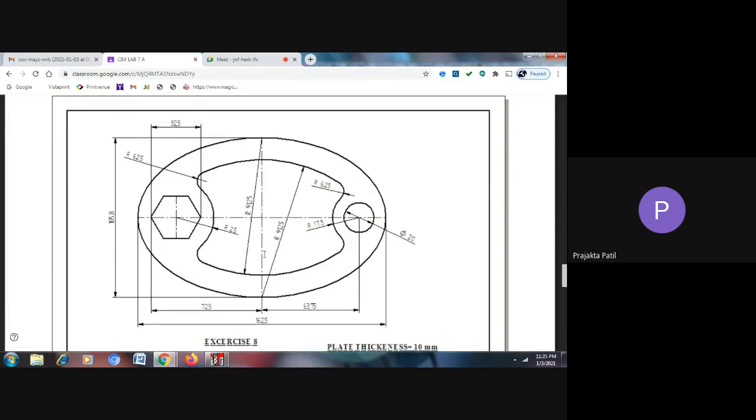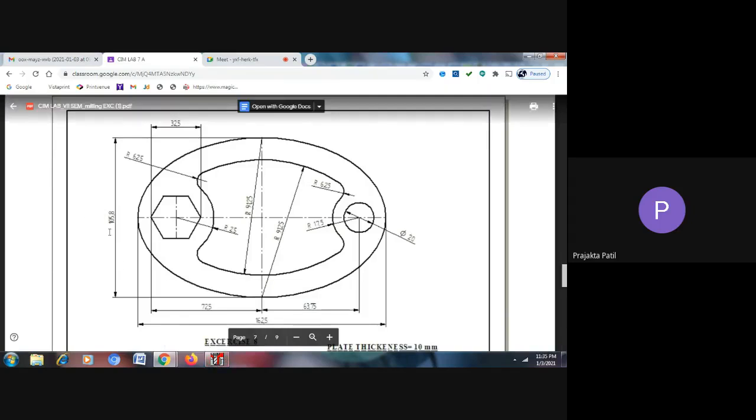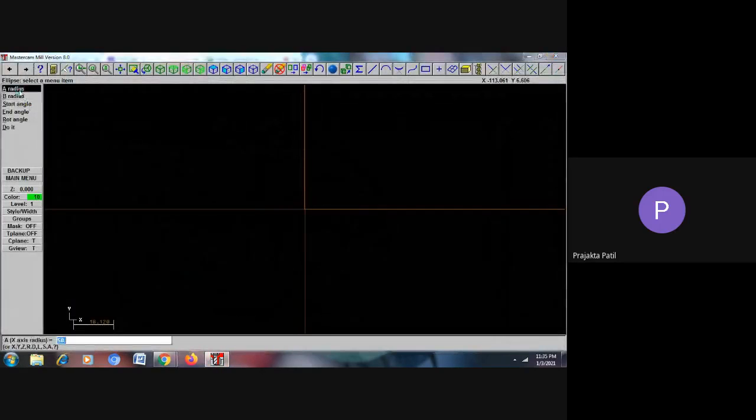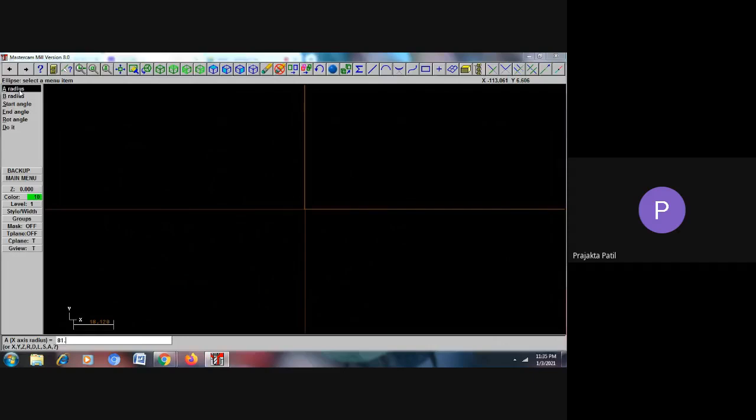So if you can see here, the major diameter is 162.5 and the minor diameter here is 105.8. In order to get the A radius, that is the radius along the x-axis, we will divide 162.5 by 2. That will give me the radius, that is 81.25. So here I will enter the A radius as 81.25 and say enter. Now I will give the B radius. What is the minor axis?